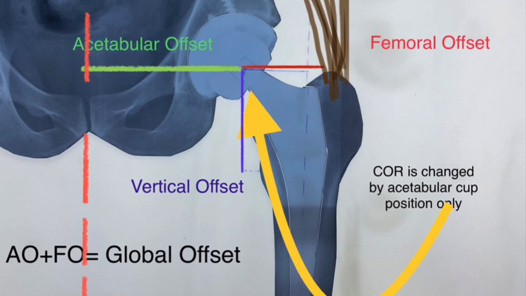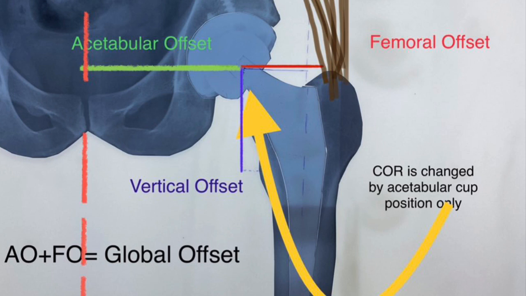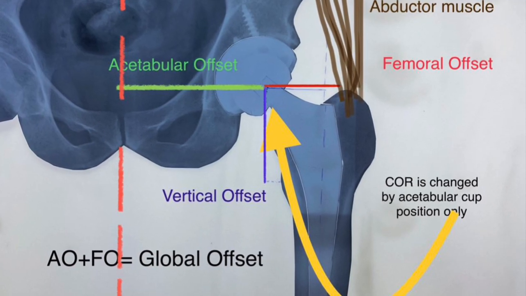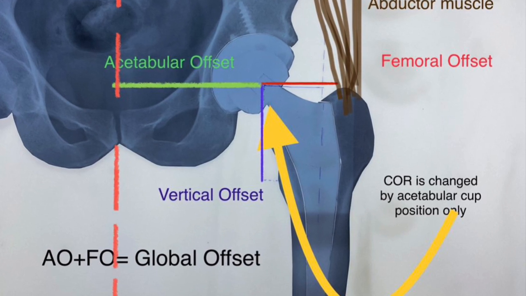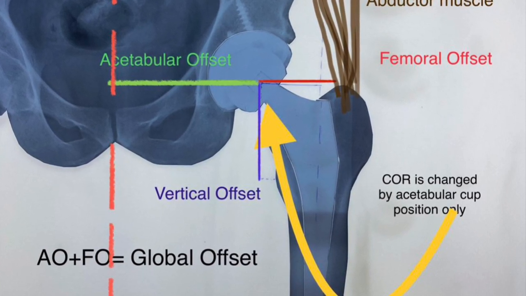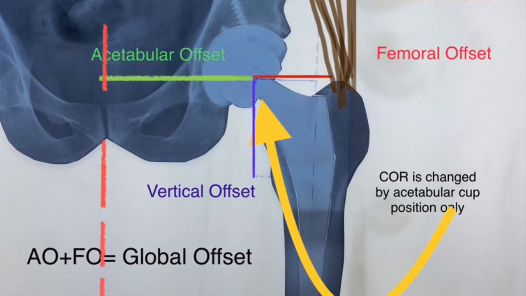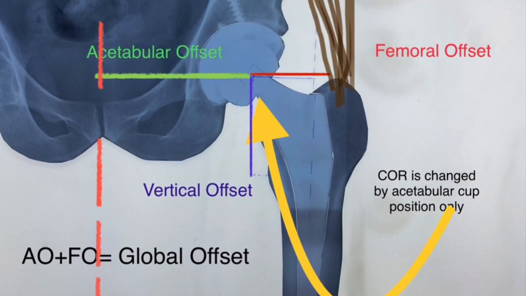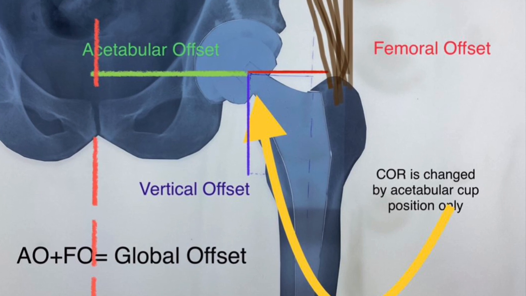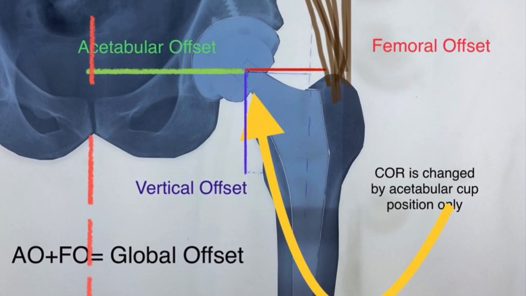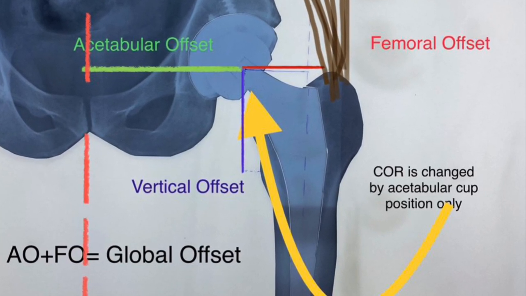So basically, a hip which is diseased generally has a shortened offset, both femoral and vertical. And during the surgery, we try to increase the offset so that the normal anatomy is restored and we get a normal biomechanics. A hip with shortened offsets, both femoral and vertical, will have instability, decreased range of movement, abductor lurch, and a lot of other complications.